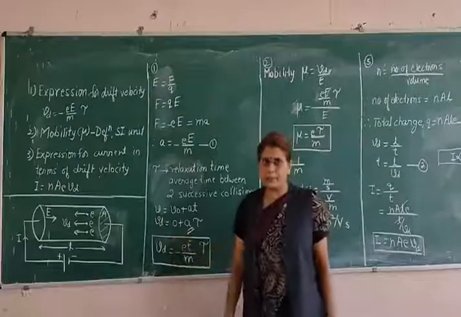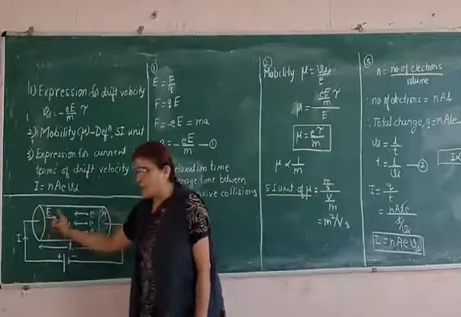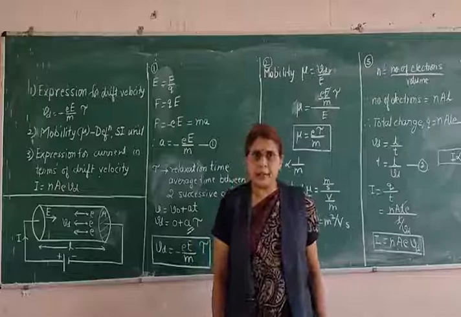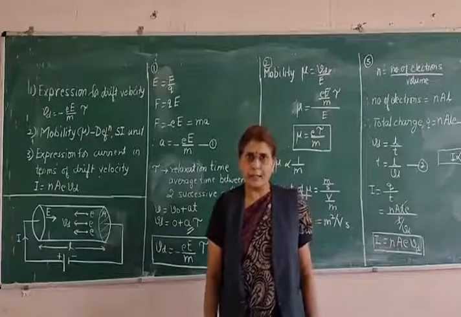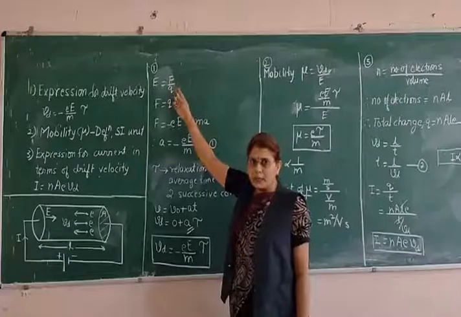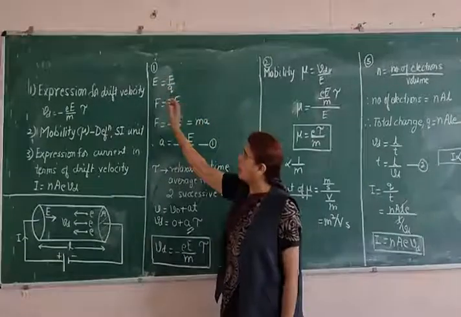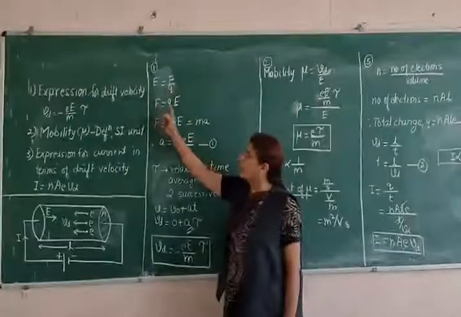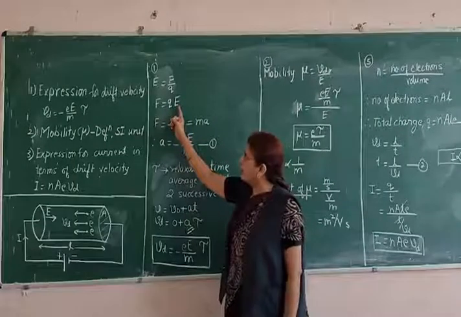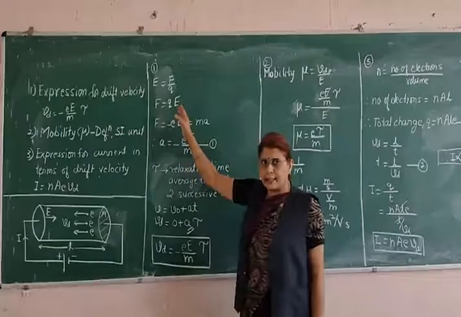So how to begin with the derivation? Let us first write the definition of electric field. The first chapter you have studied is electric charges and fields. There we had defined electric field. The basic definition of electric field is the force acting on unit positive charge, or you can say E equals F upon Q. Or if you cross multiply, you will get F equals Q into E. So because of the electric field E, the force acting on a charge Q is nothing but F equals QE. This is the general equation.